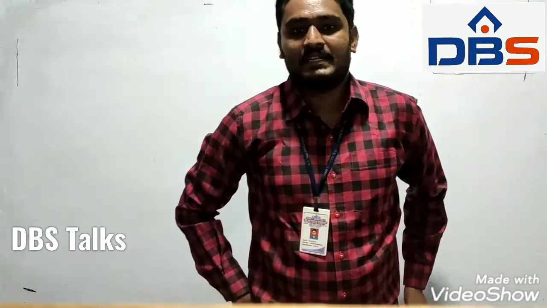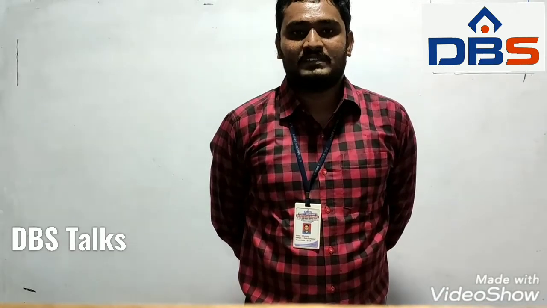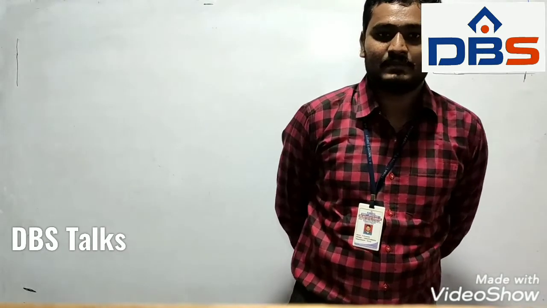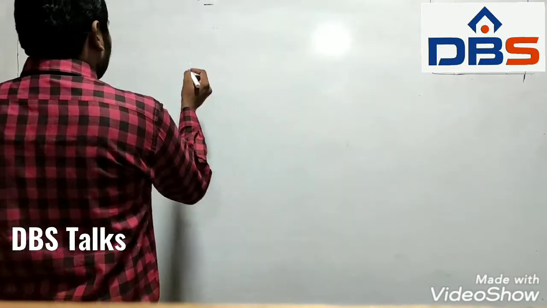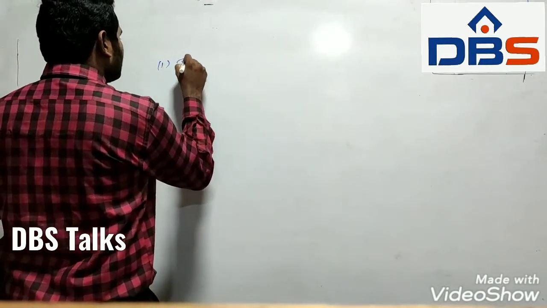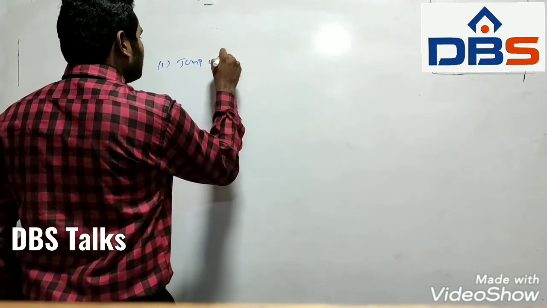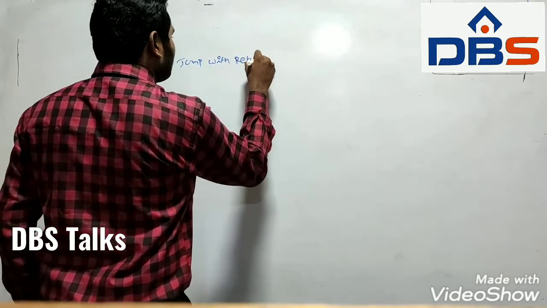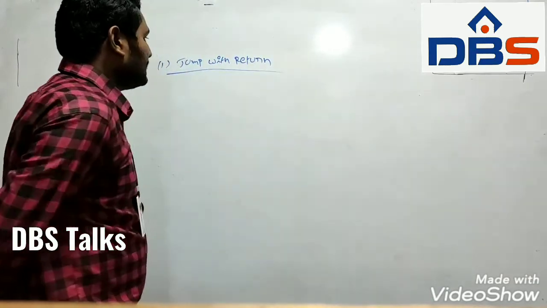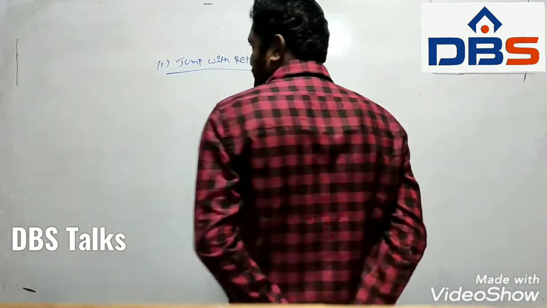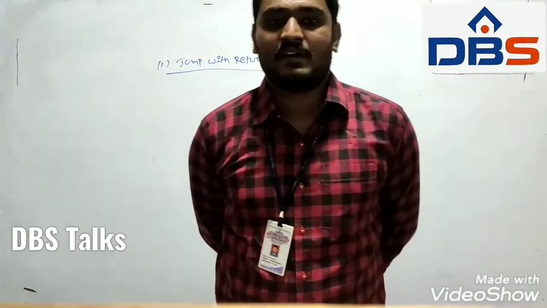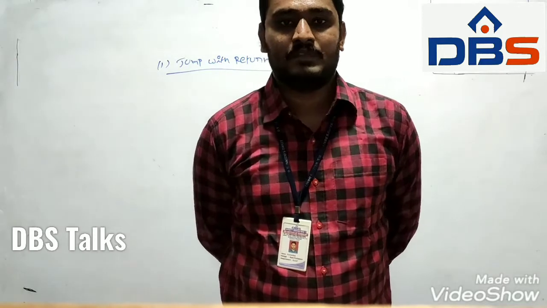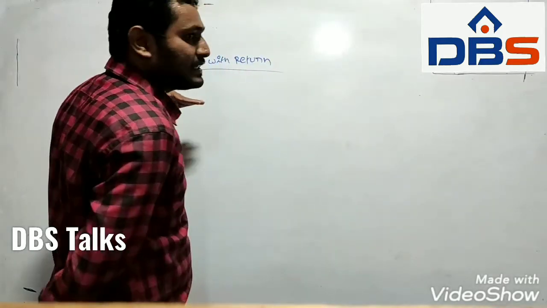So in the previous session I discussed data handling functions. It includes the skip function, the MCR function, the difference between skip and MCR functions, and a basic jump function. In this class I will discuss one more type of jump function, that is jump with return. Actually, the jump function is used to jump a specified number of lines in the given program. So here I am taking the jump with return function.